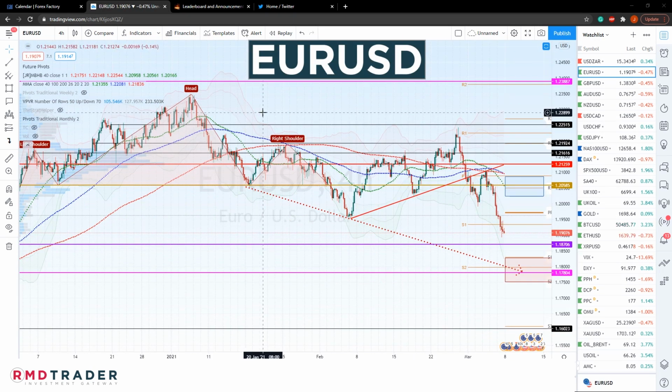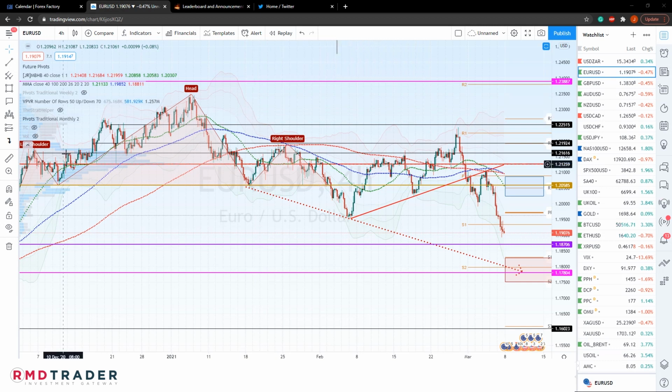Moving on now to the Euro USD. Along with this head and shoulders pattern that we have on the chart, last week we also pointed out this possible bearish flag, and then we saw that break and reach our short target at 1.194 on Friday. The trend now remains bearish, with the next short target, that of the head and shoulders, at